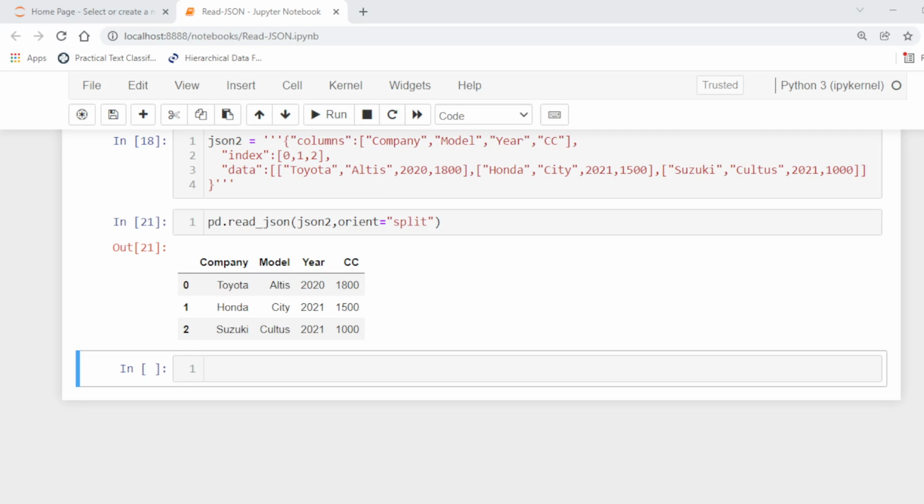For example, values is basically an array, a list of lists.